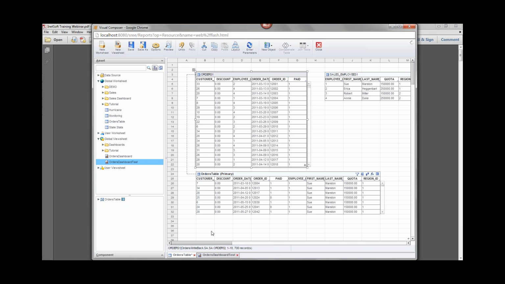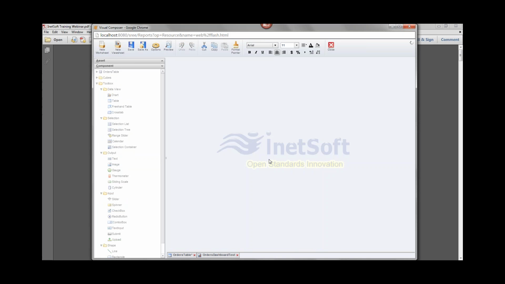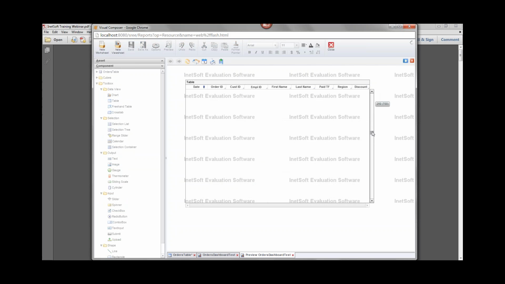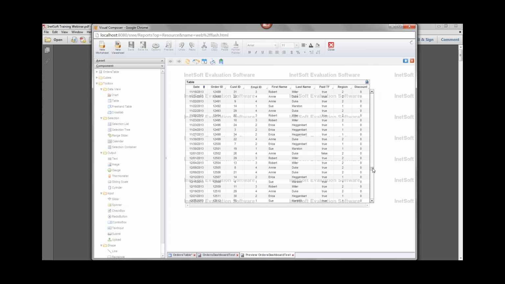Okay, now we'll leave this worksheet behind. I don't think we're going to come back to this, and let's go and take a look at the dashboard. So the first part is the easy part. Before we do that, if I just do a preview of this, right now I don't think I have the feature enabled. So this is just a regular dashboard, right? It's the dashboard with a table, and this is the way a user would see it. I'm previewing it in the Visual Composer, but this is the same way that the user would see it in the user portal. And you can see that the table is not editable in any way, right? You can scroll through, you can see what there is, but it's just a table, right?